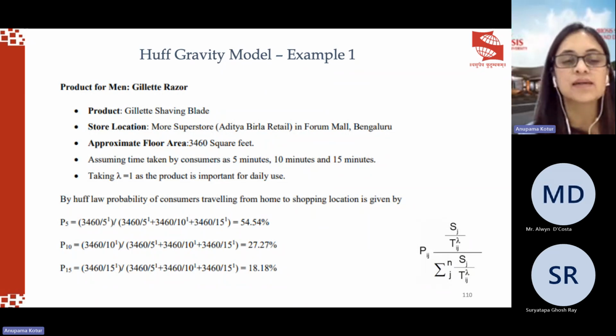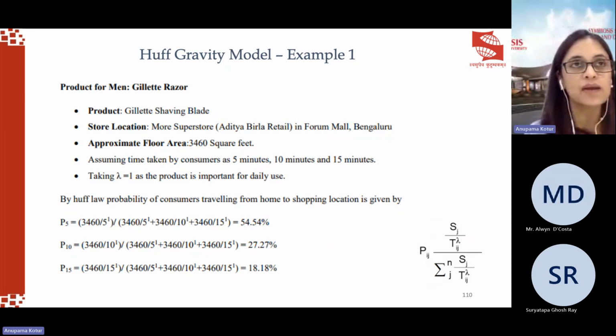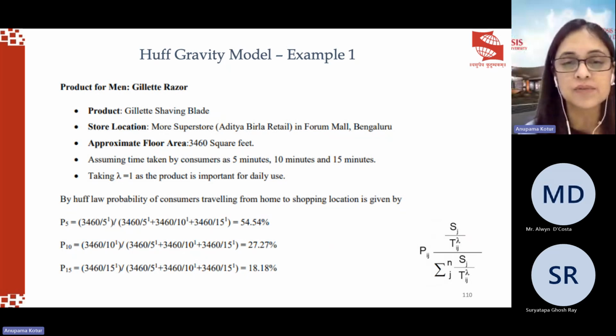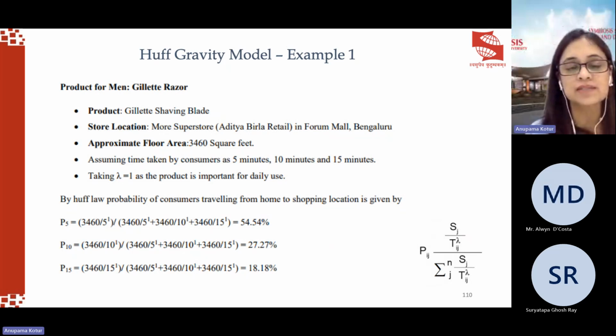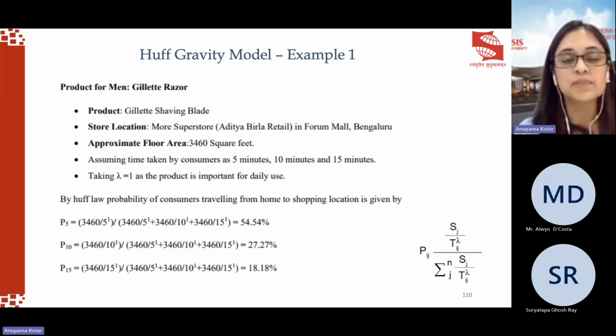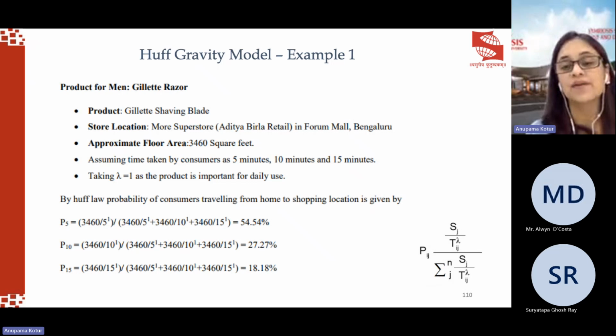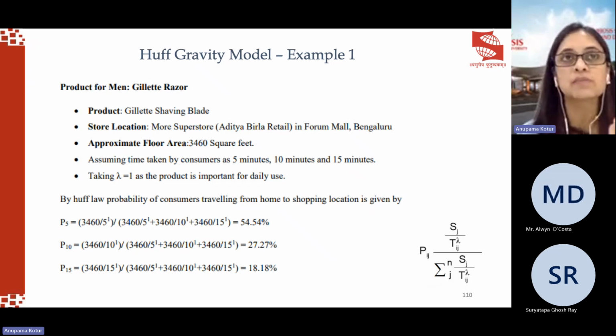They've also given us information that's necessary for us to be able to use the Huff's gravity model. The floor area that this supermarket has is about 3,460 square foot. And then what you are expected to do is calculate the probability percentage for all the three trading areas, 5 minutes, 10 minutes, as well as 15 minutes. So this way, you will get a fair idea in terms of which trading area would give you the maximum